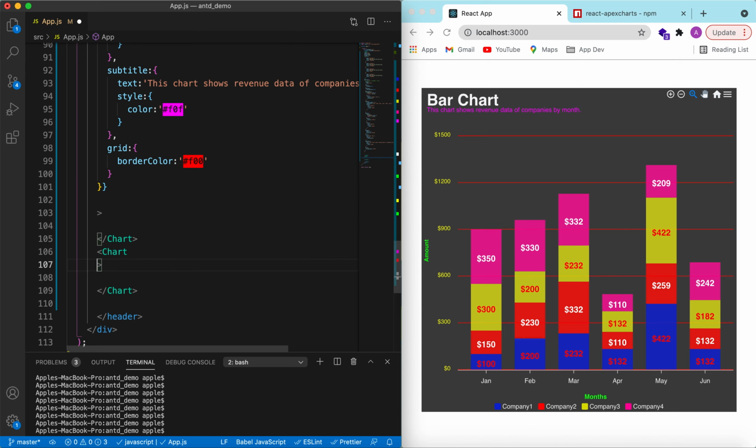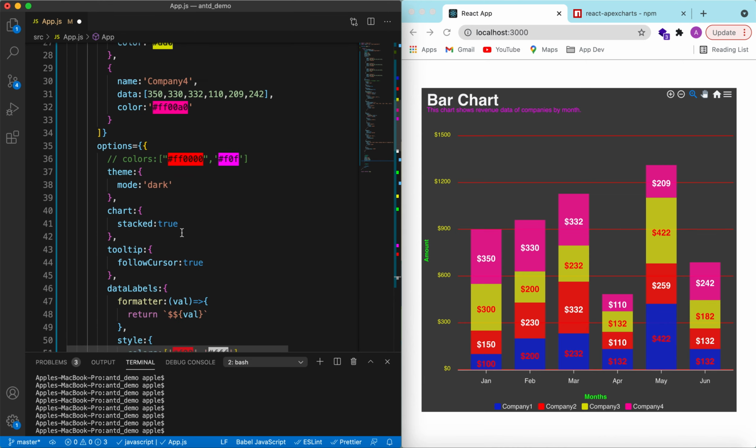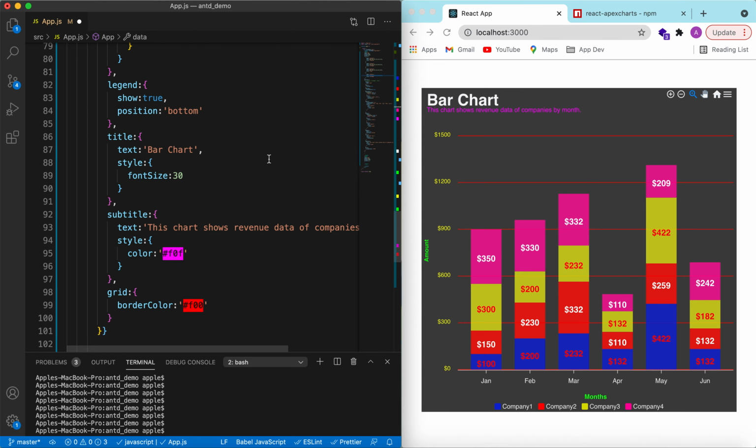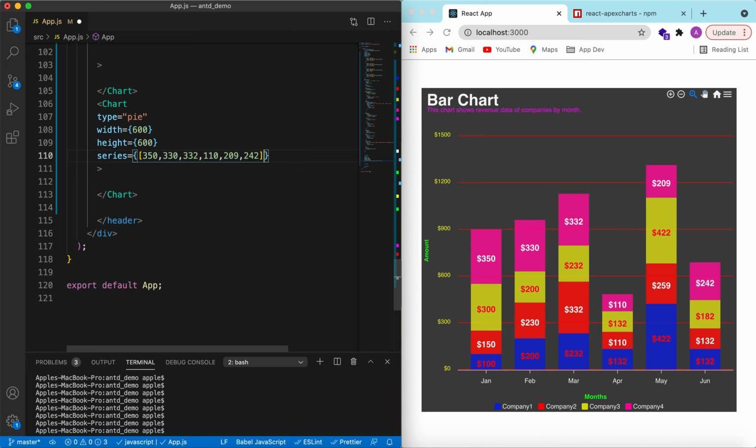And for that the type is pie, and width again we can say 600, height again 600, and for the series data we can provide the same data, something like this one. Okay, this is a series data, and for the options,